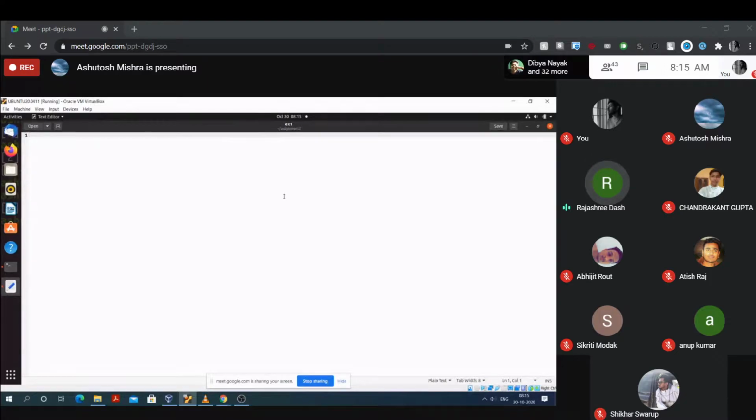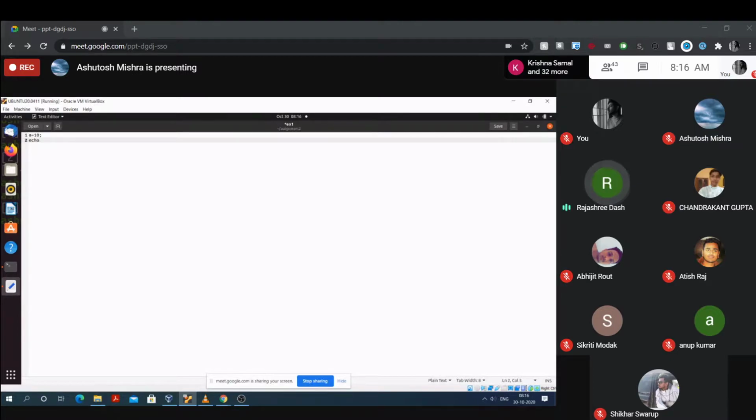Now, within that, write the first line. Simply write A equal to 10. Give the semicolon for completion of that line. Come to the next line, second line: write echo.